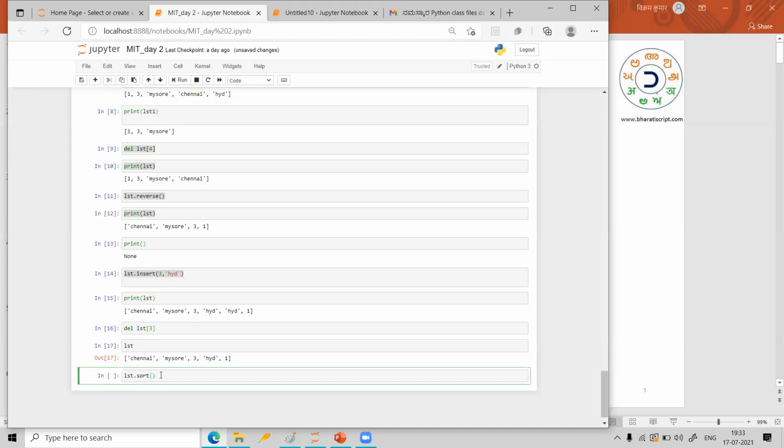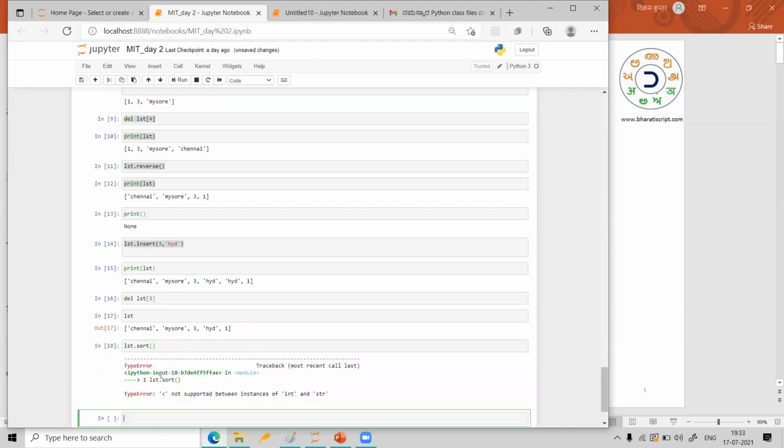What is going to happen? Let us check. Okay, it is giving error. So why? And I want you to understand one more very important thing. When can you do sorting? Suppose you have all fruits, you can do sorting. Apples one side, banana one side, mangoes one side, like that you can separate them. That is one type of sorting.